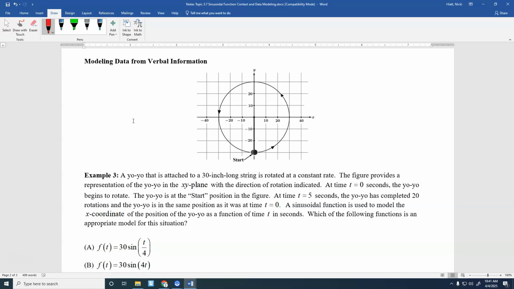So I think what we've got going on here, because it's 30 inches, and we've got 30 here, is that there's a couple ways this could be happening, but I believe what is being described here is that you've got a yo-yo, and you have just let the string out, and you're slinging it around in a big circle,